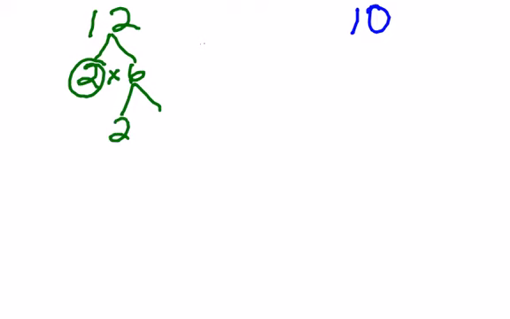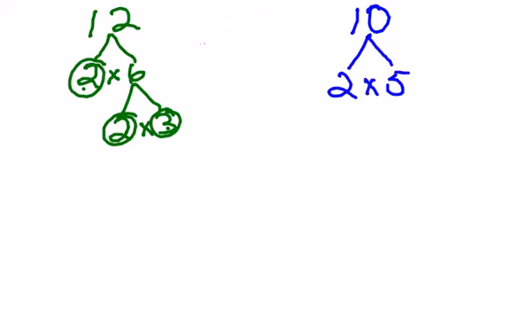6 can be broken down into 2 times 3. And I think that's it, because I can't break it down anymore. So my prime factorization for 12 is 2, 2, and 3. For 10, it is 2 times 5. And 2 is prime, and 5 is prime. So I'm all set. So now if I were to draw a Venn diagram,